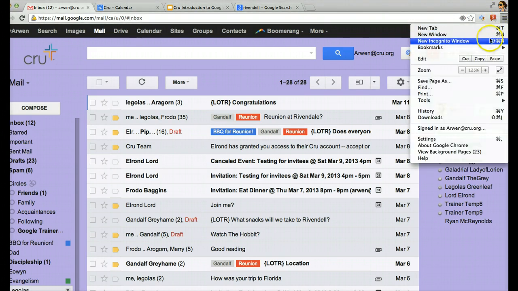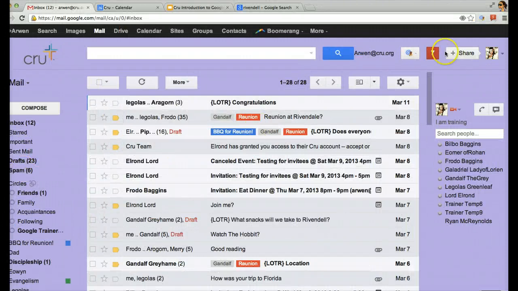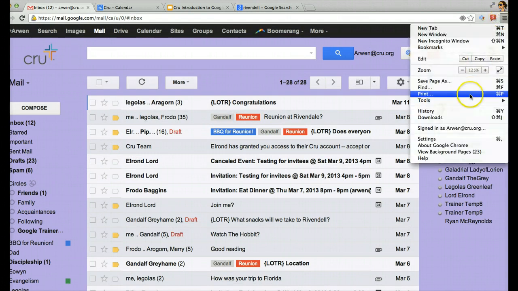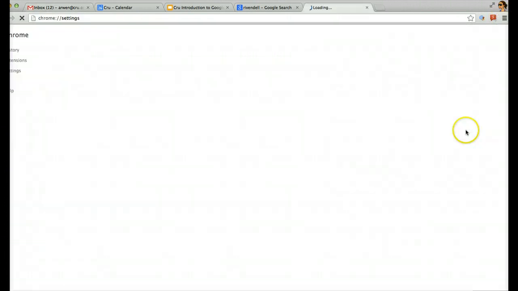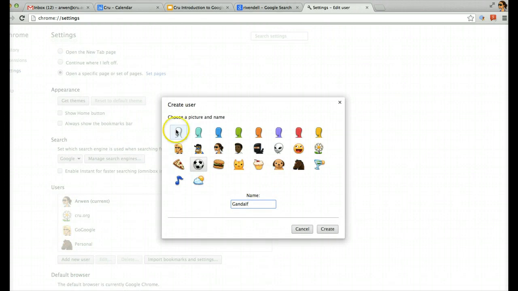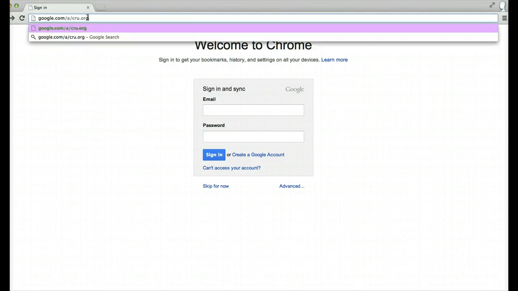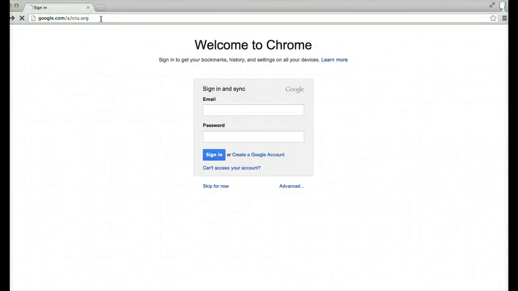You go up here to those three bars and you choose New Incognito Window. So that's one way. The other way is you go to those three bars and you go down to Settings. And down here in Settings, you can add a user. So I'm going to add Gandalf. But when I get there to add him, I'm not going to actually sign in as Gandalf. Instead, I'm going to go to